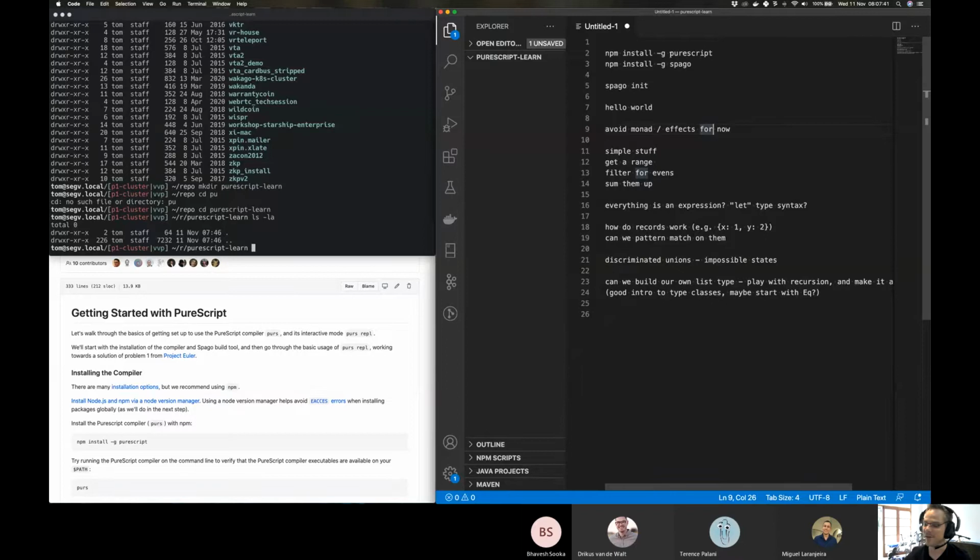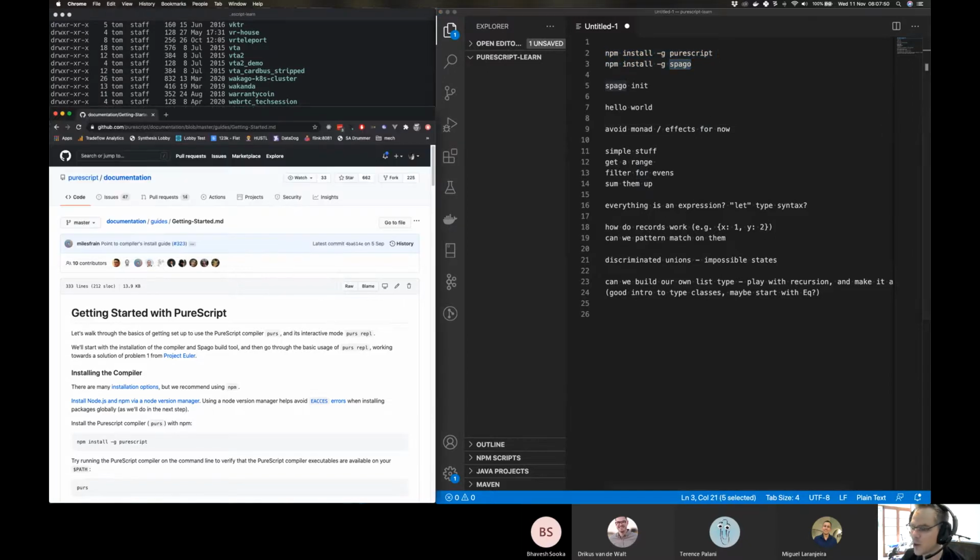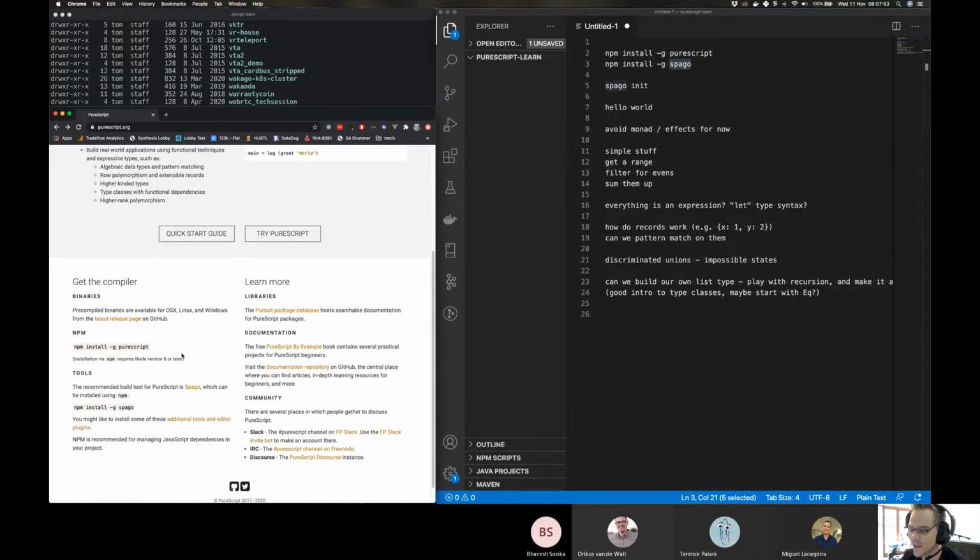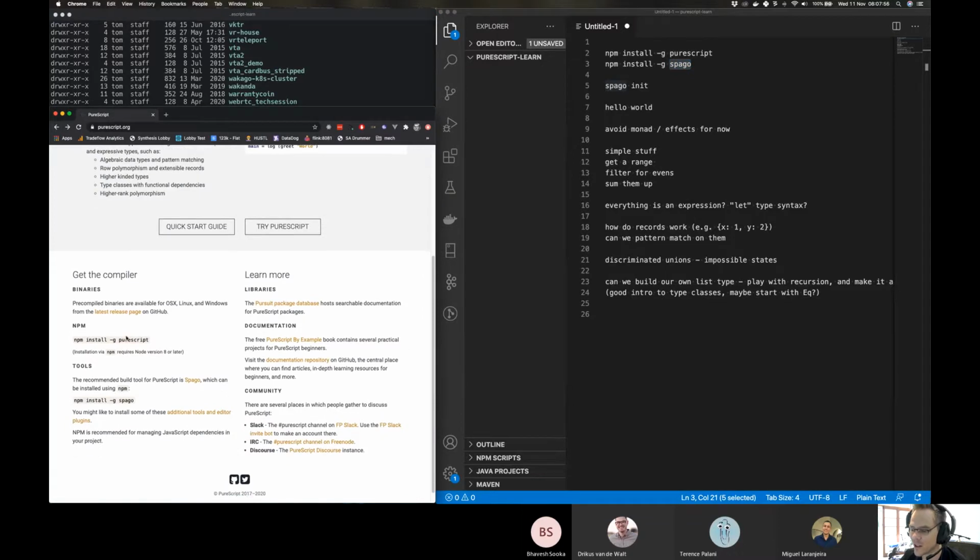From a starting point, I've really done nothing other than these two lines up here. I've installed PureScript, and I've installed something called Spargo or Spago. I don't know how to pronounce it. I think it's Spargo. And this is literally on their homepage, how to install it: npm install -g purescript, npm install -g spago. So Spago or Spargo is, I suppose, their package manager, right? I assume it's like the difference between Node.js and npm. So Spago being more like the package manager, and maybe the build tool and stuff. And then PureScript is probably just the compiler, I assume.